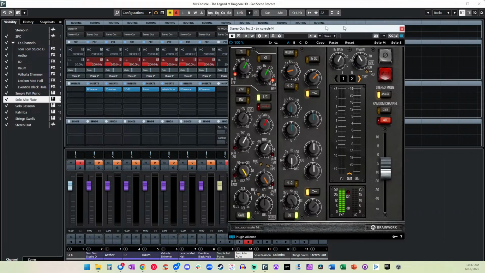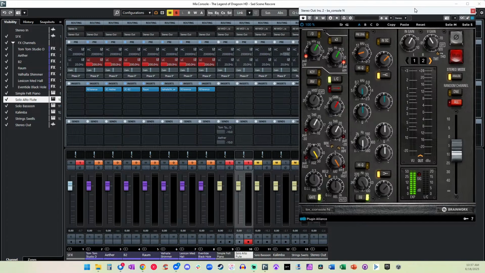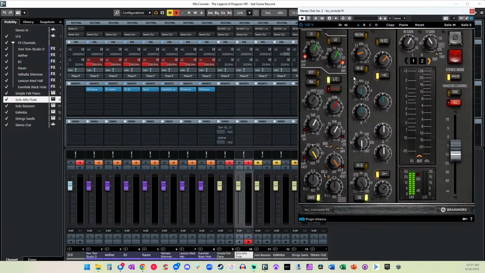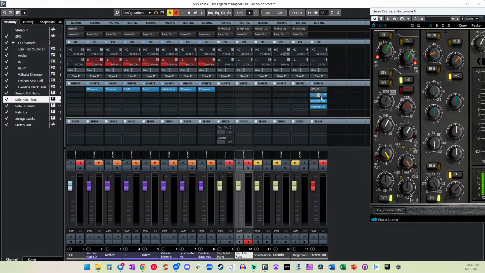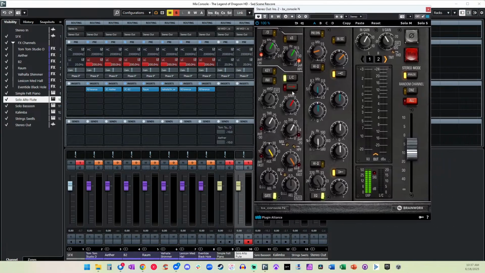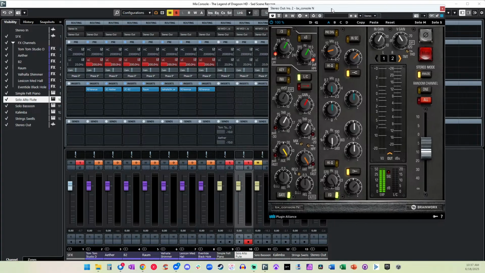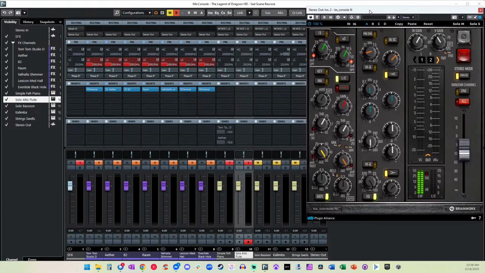A console plugin basically allows you to throw in some EQ curves, and all of the sound in my stereo out goes through it first. I don't even know all the wizardry of what's happening here. I found this from a trusted audio mixer, and ever since I've tried it in the last couple months, I've been really blown away with how powerful this little trick is for making your music feel warmer and more lively.